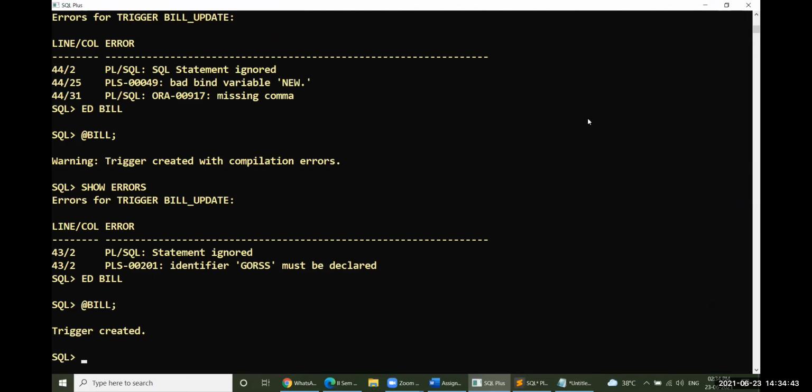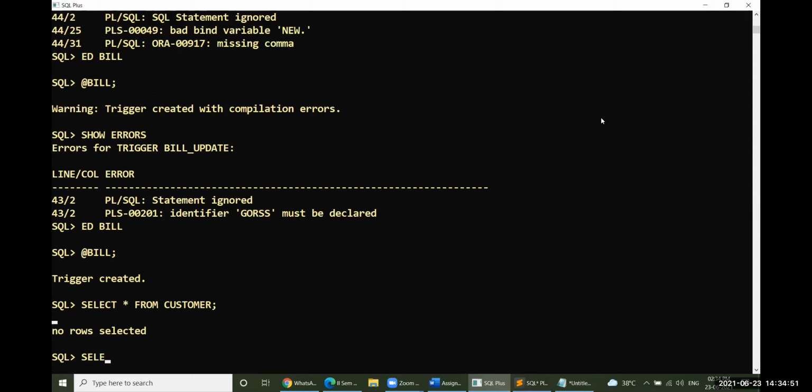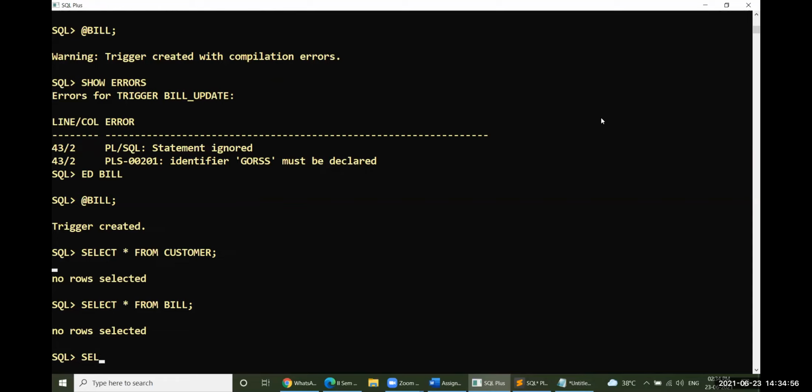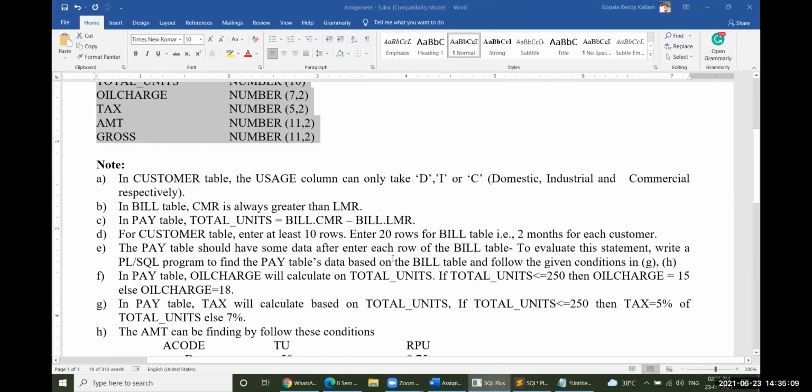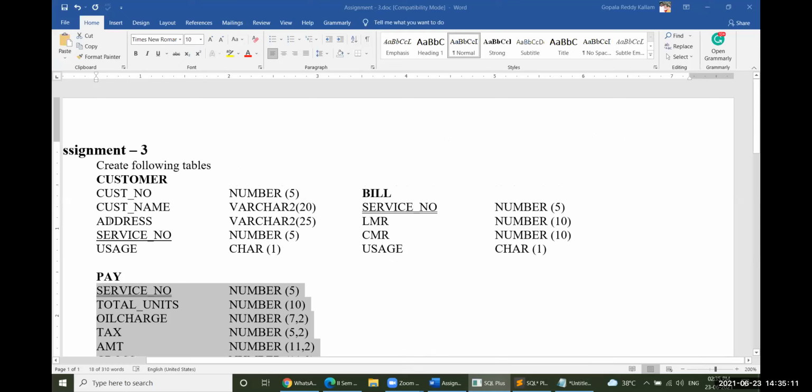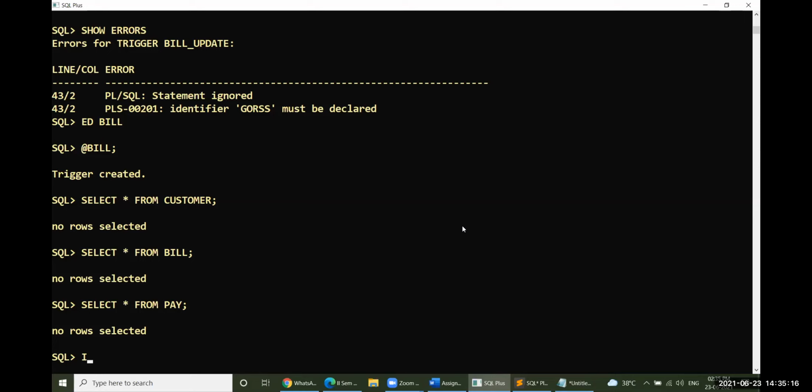Okay. So you need to select the data. Select everything from customer. No data is there. Select everything from the bill. No, nothing is there. Select everything from pay. Nothing is there here. Let me introduce at least one or two rows into the customer. Therefore, it is very easy to write. So customer number, customer name, address, service number, usage. These are the columns here. So insert into, table name is